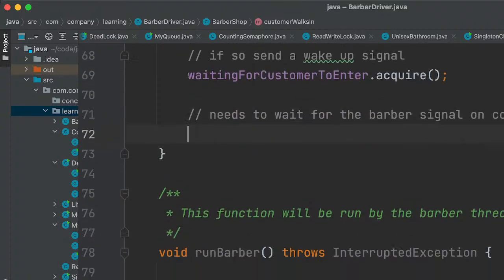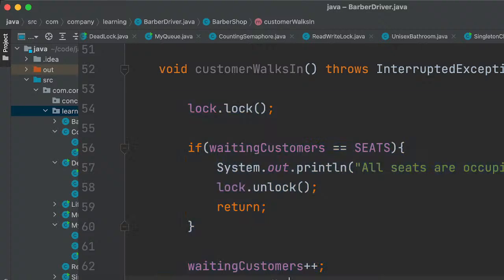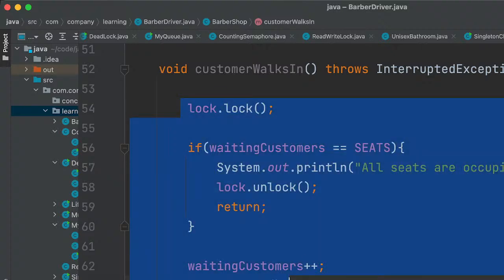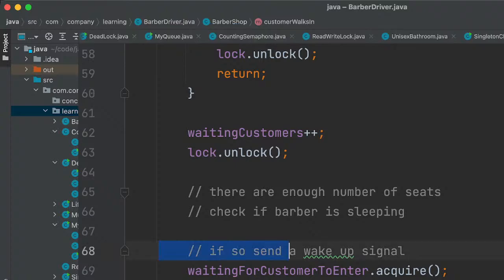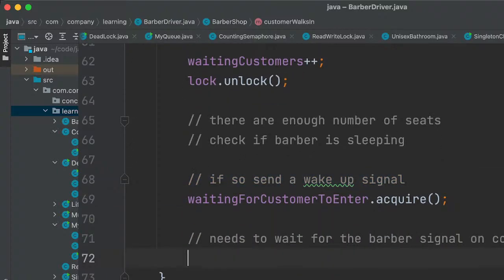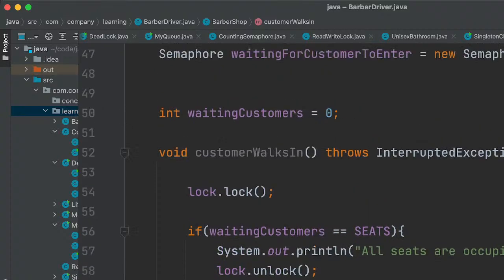because this part ensures that the threads coming till this point, I mean till here, like how many threads we have?